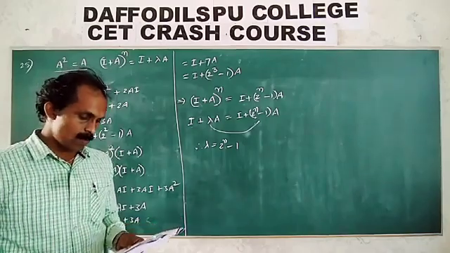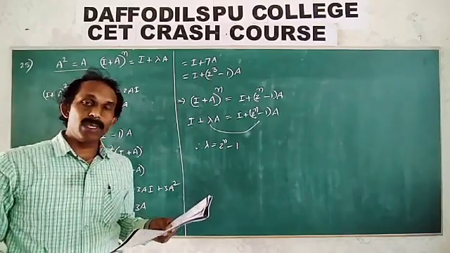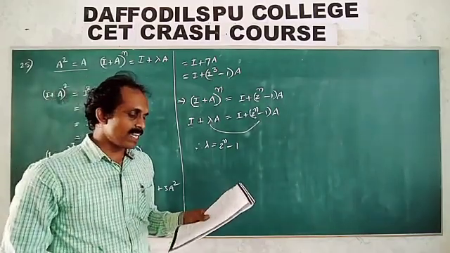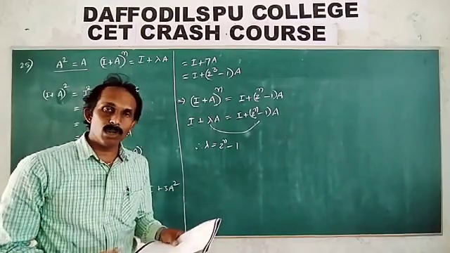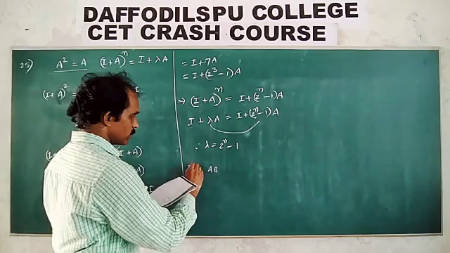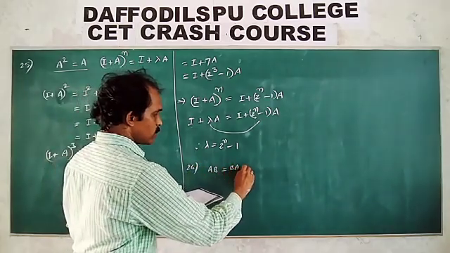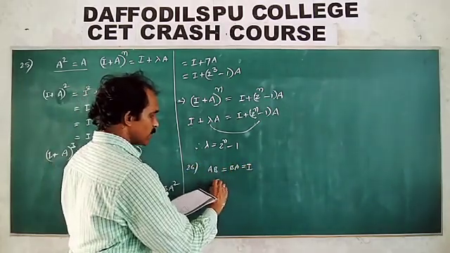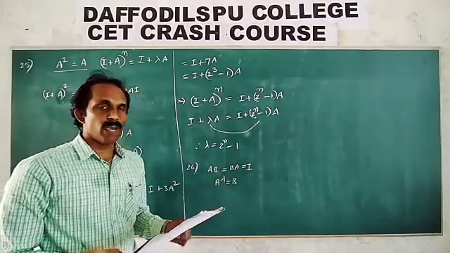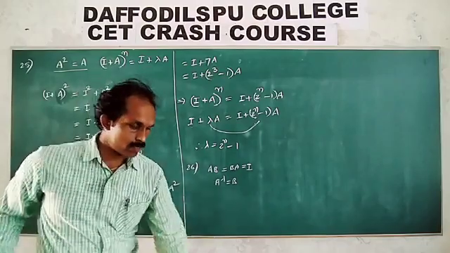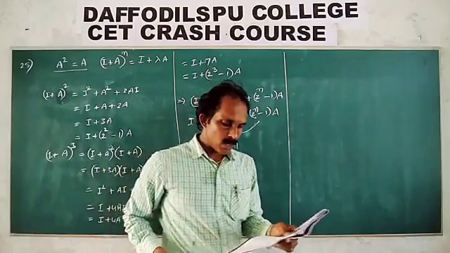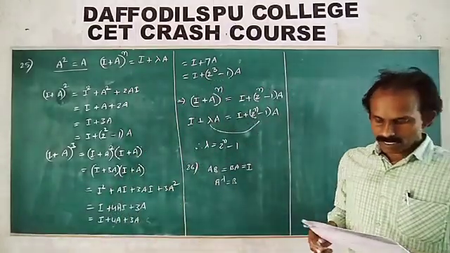26 we will try, next 27 also. AB is equal to BA is equal to I means B is equal to A inverse. So that is the invertible matrix definition. This is question number 26: AB is equal to BA is equal to I, so that implies A inverse is equal to B. So they ask the B value, find A inverse from that. Next 27, okay, that only.